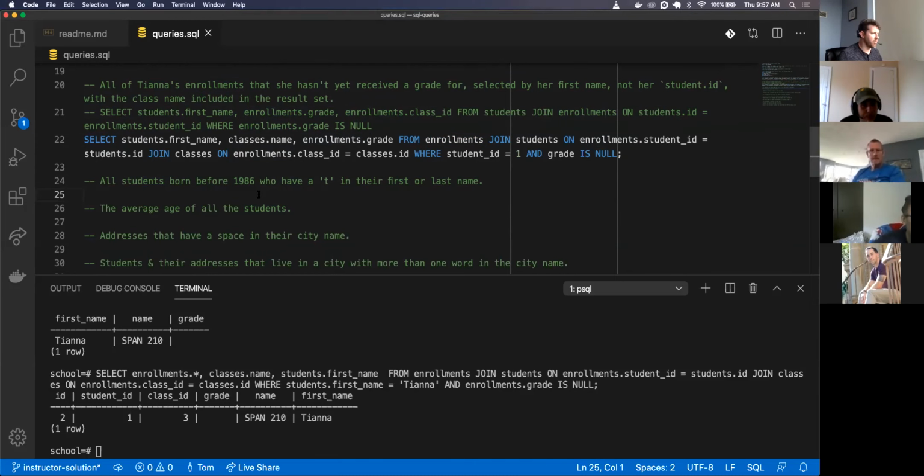All students born before 1986. Jason. All students before 1986 who have a T in their first or last name.